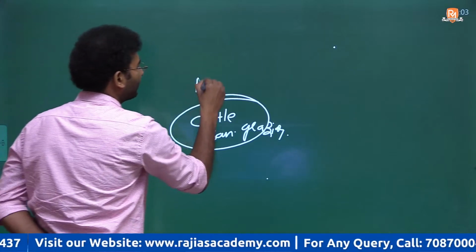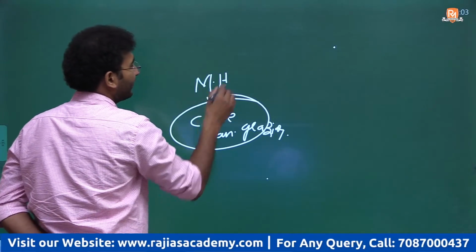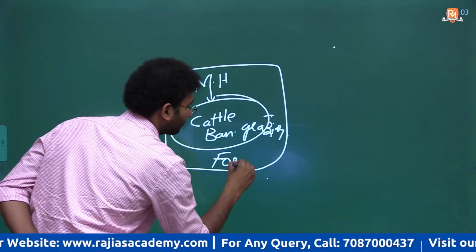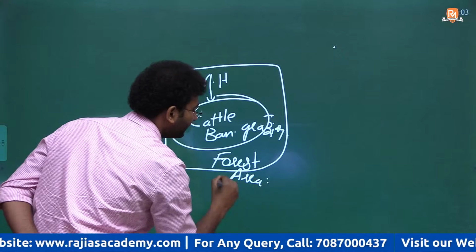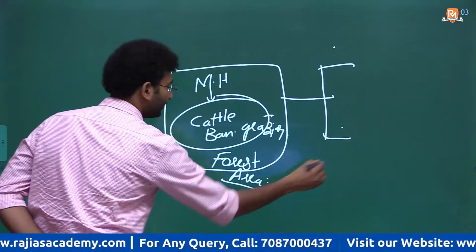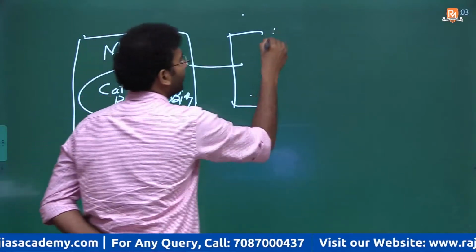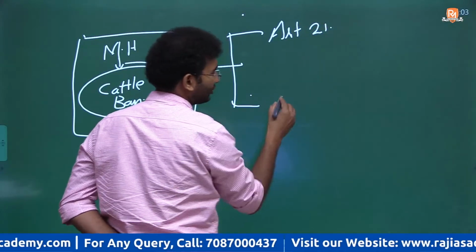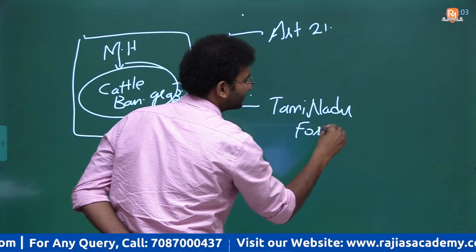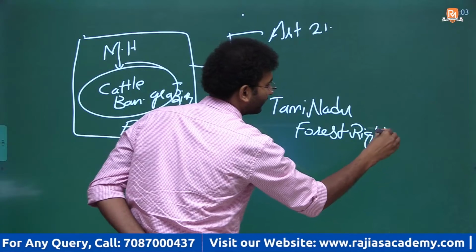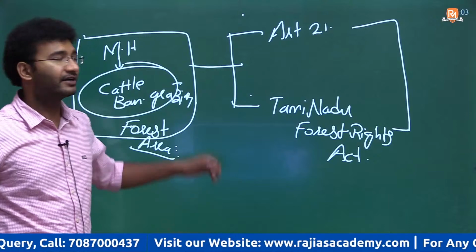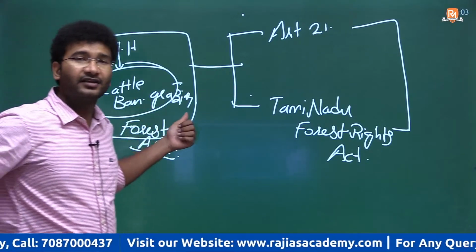So this is the Madras High Court. It has banned the entire grazing of this cattle in the forest area, right? And it has taken into consideration two different provisions, right? What are these? It quoted Article 21 and it has also taken into account the Tamil Nadu Forest Rights Act, right? These are the two under which it said that cattle grazing in the forest area needs to be